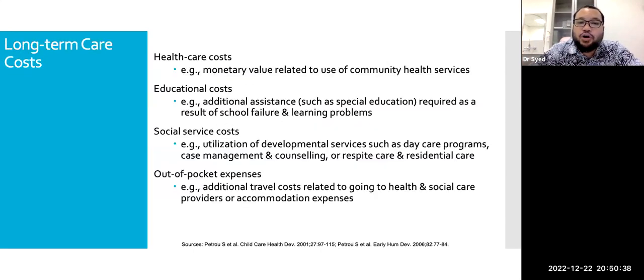So it's a lot of cost, and long-term cost pun banyak. There's a lot of community health services, educational services. Many of them, especially kalau ada cerebral palsy and so on and so forth, may need special education. Lots of learning issues. Autism, for example, among the causes for autism is prematurity, and lots of out-of-pocket expenses.